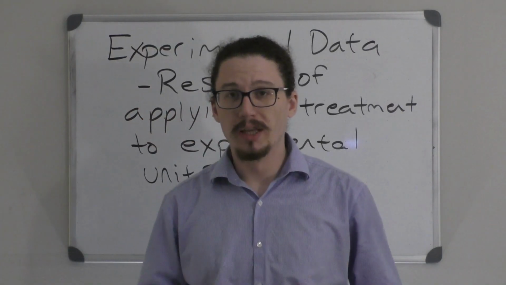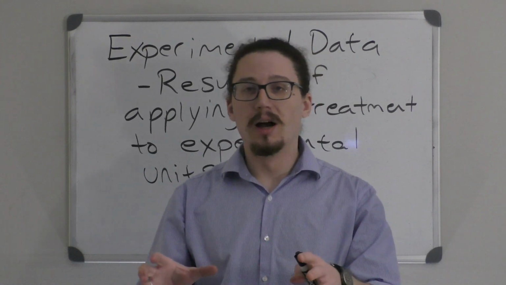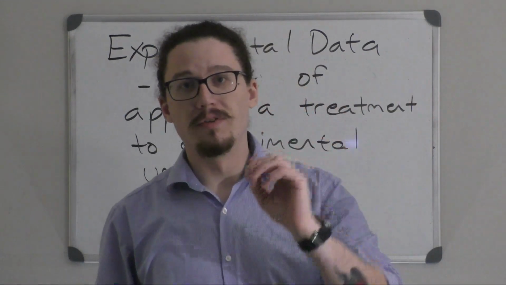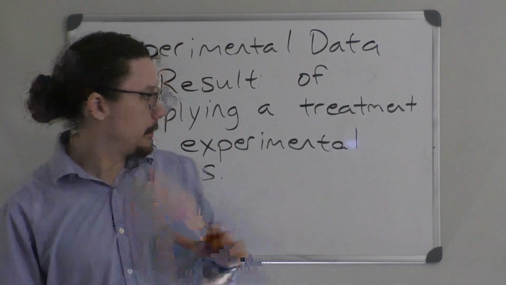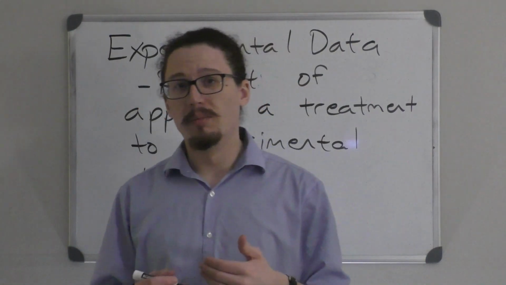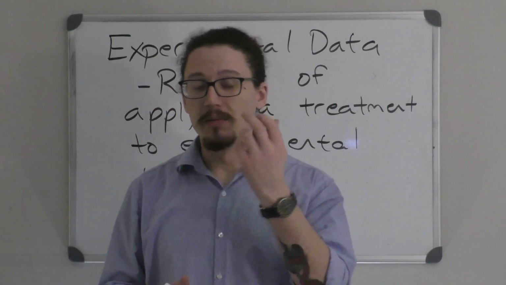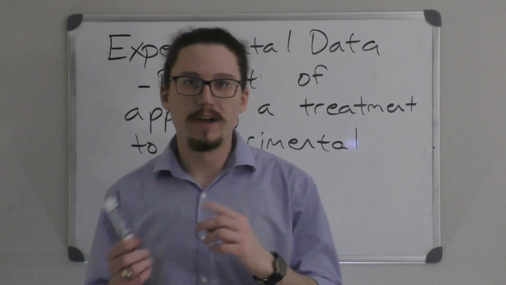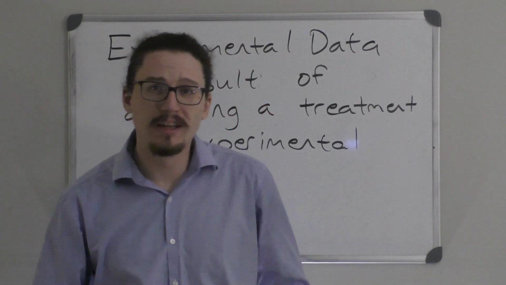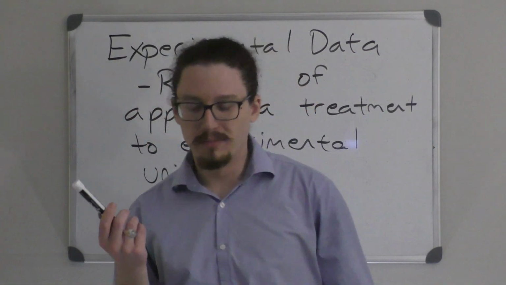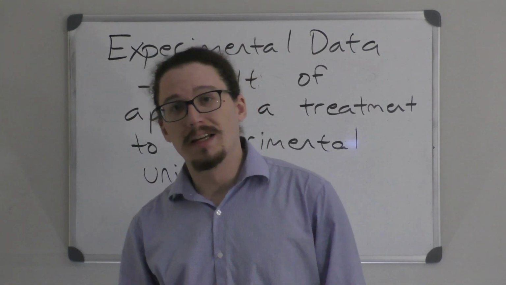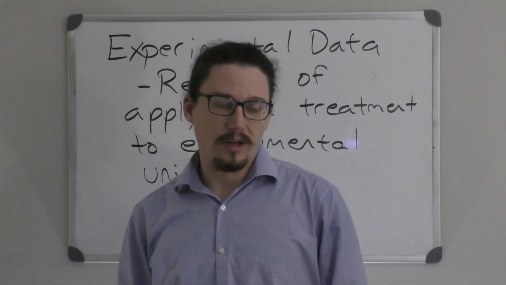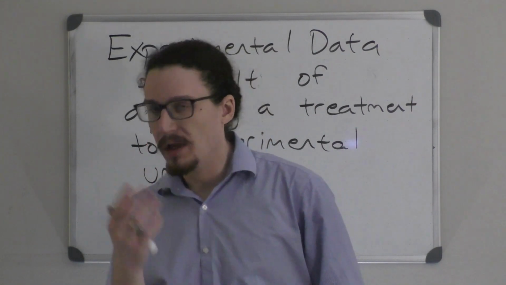Experimental data is where we are actively taking part in what we're looking at. We are actually orchestrating events so that we can observe something, which is different from the observational data we're going to talk about in a moment. Here we are setting up a scenario so that we can take measurements and see what happens. Usually we're trying to find a cause and effect, or see if something is significant. Drug trials are probably the most famous examples of this kind of data collection. If we're testing a new drug,